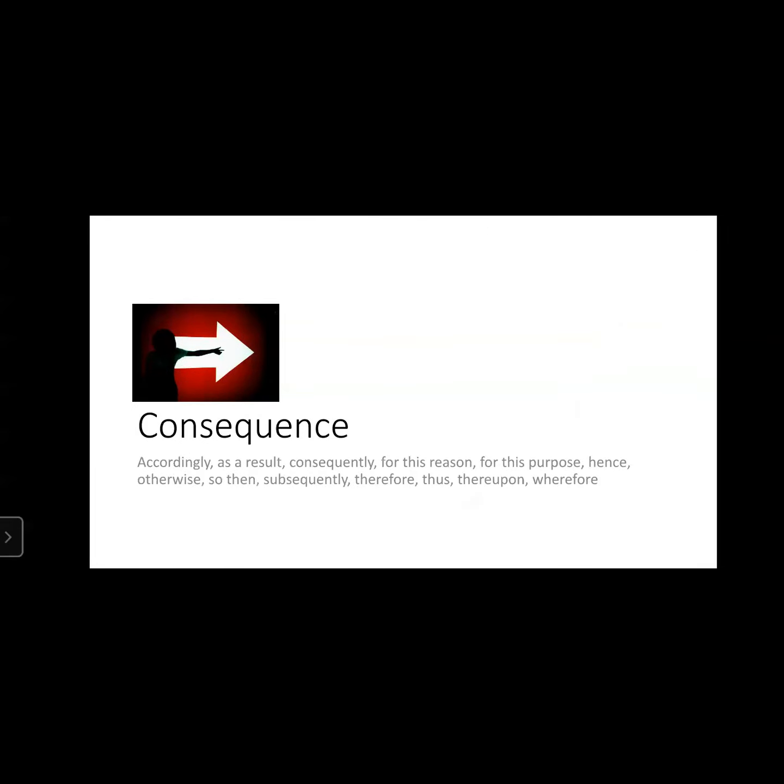Again, transitions are words, phrases, and sentences, and they're used to indicate to the audience that you're moving from one point to another. Sometimes, beyond that, you're trying to highlight a consequence, or give them a direction, or add to whatever it is that you are saying. Make sense to you? All right, so let's look at another